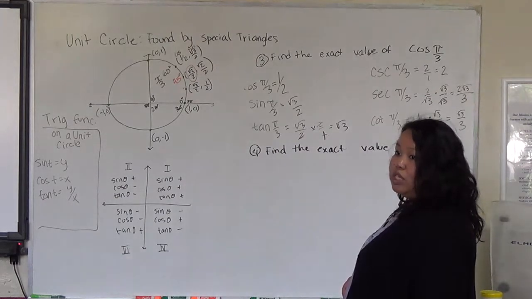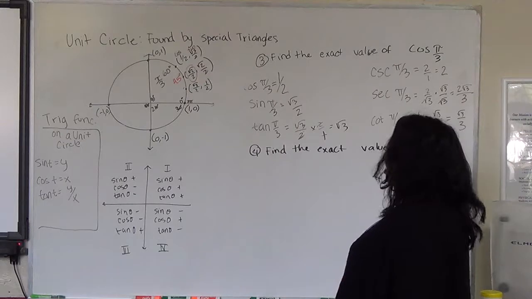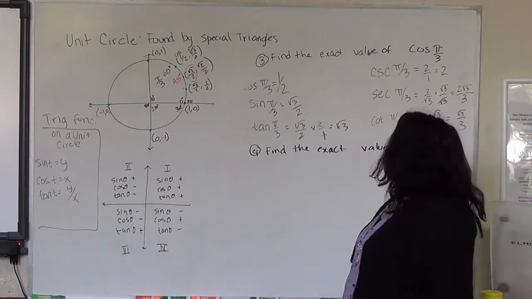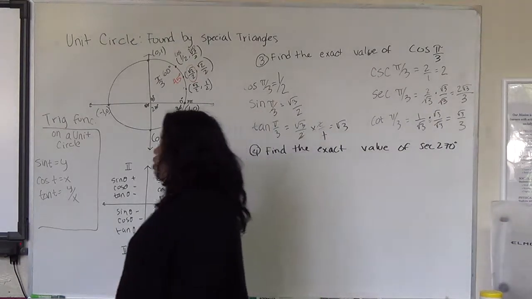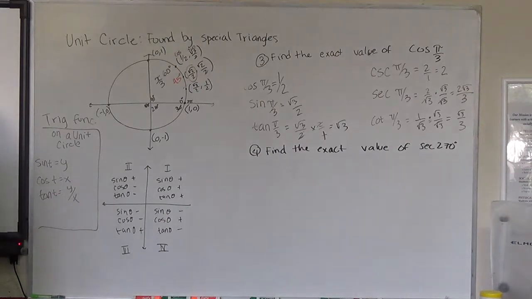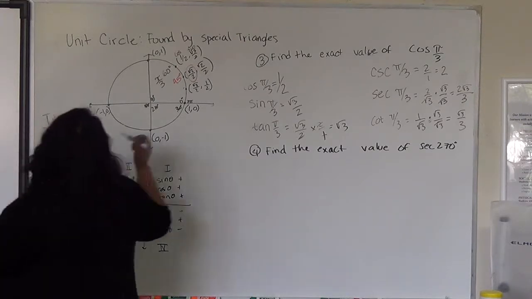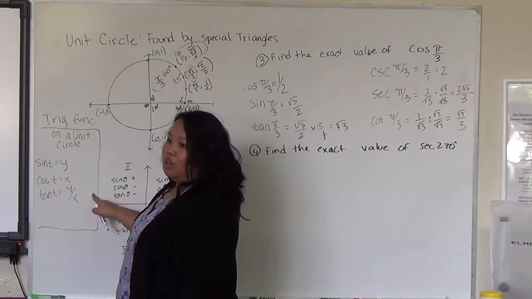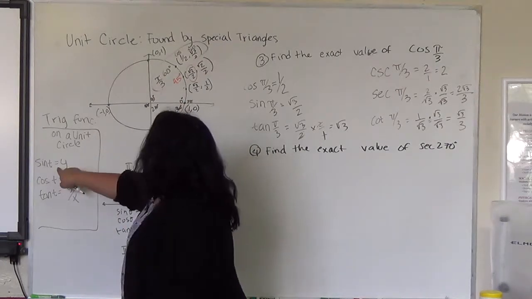You don't understand? Where are you stuck? Put your computer away and pay attention. Where are you finding the stuff for pi over 3? What page? Boys, you need to keep up. We've been on page 248. Open your books. Find pi over 3. 60 degrees on my unit circle. Do you see pi over 3? Yes. That's where we get all our information right here. Then we use what we have here. On a trig function, the y is your sine,